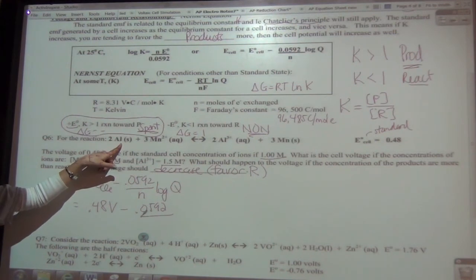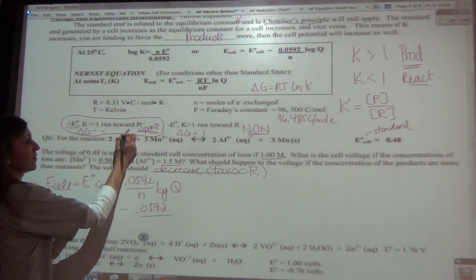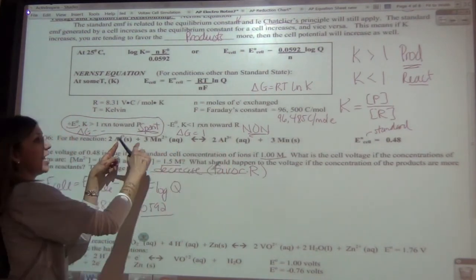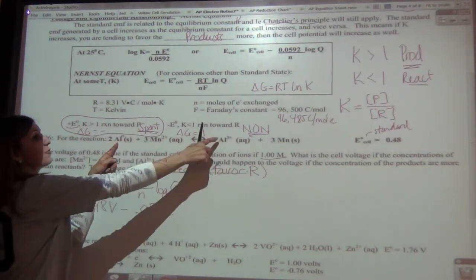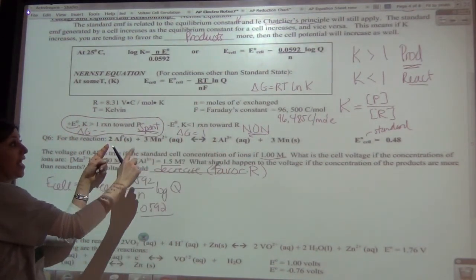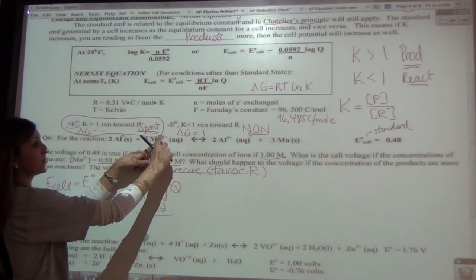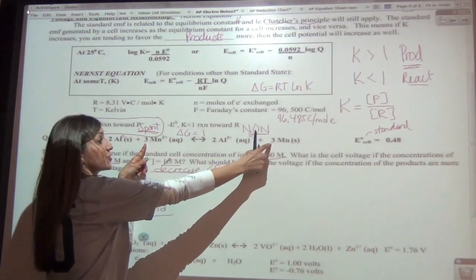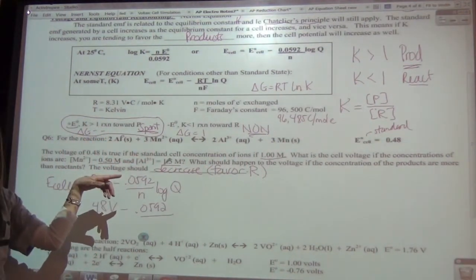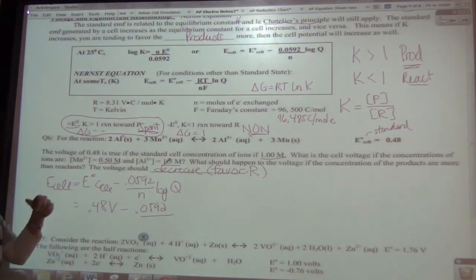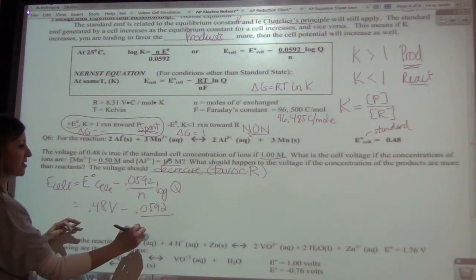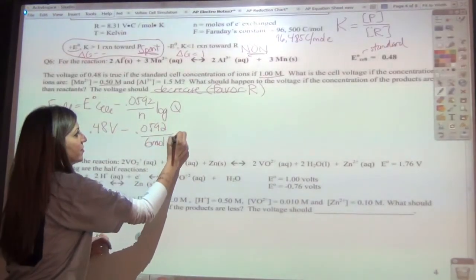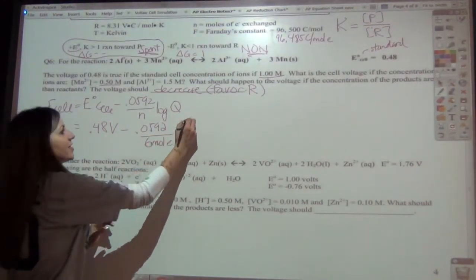Well, it's not too hard to figure out. You can basically check to see, in this case, aluminum is going from 0 to 3. And so we have 0 to 3, but times 2. And manganese is going from 2 to 0, but that one's times what? Times 3. So guess how many electrons are being transferred? 6. Okay? So we know that we've got 6 moles of electrons that are being transferred, times the